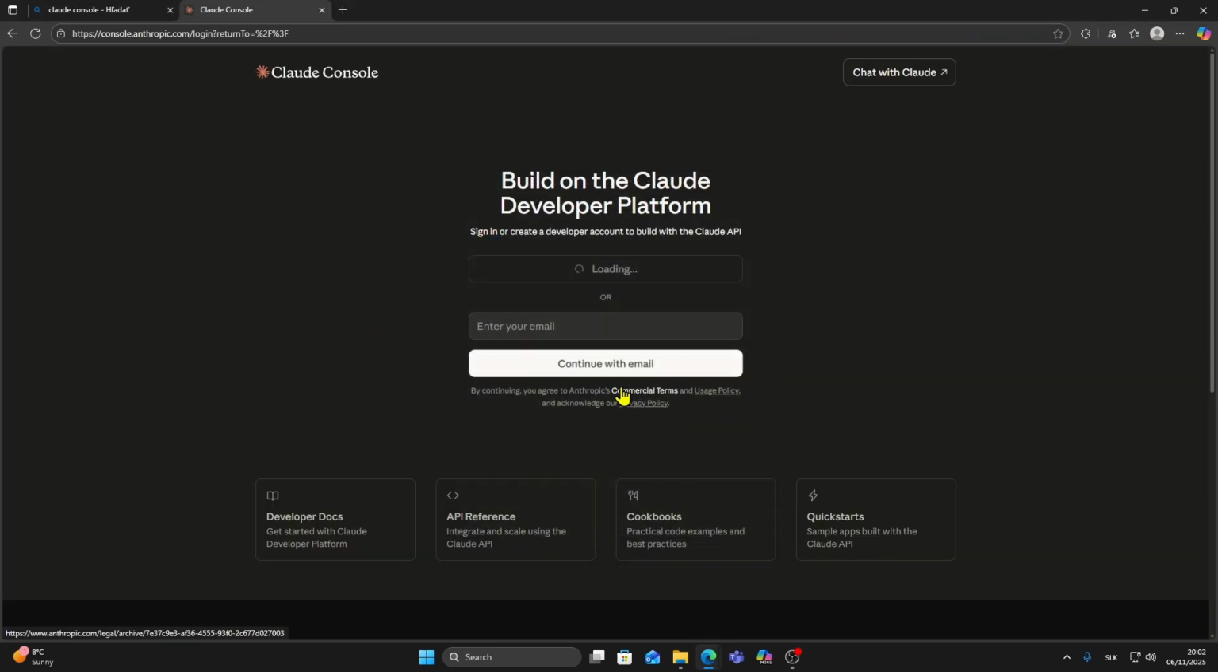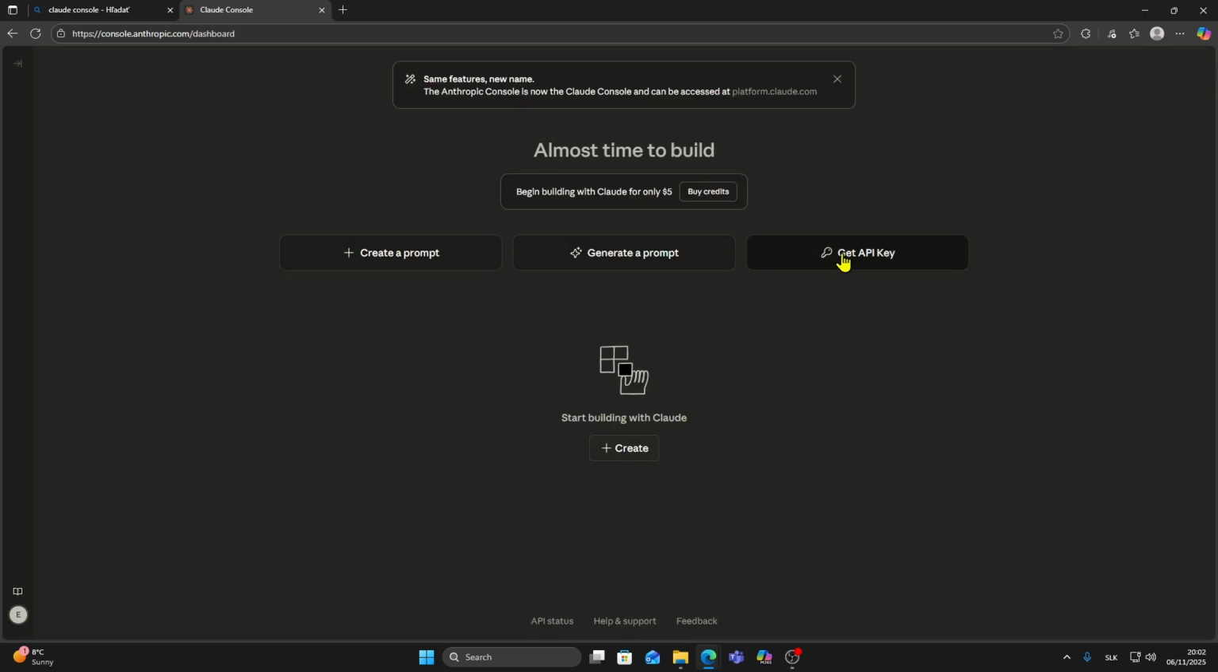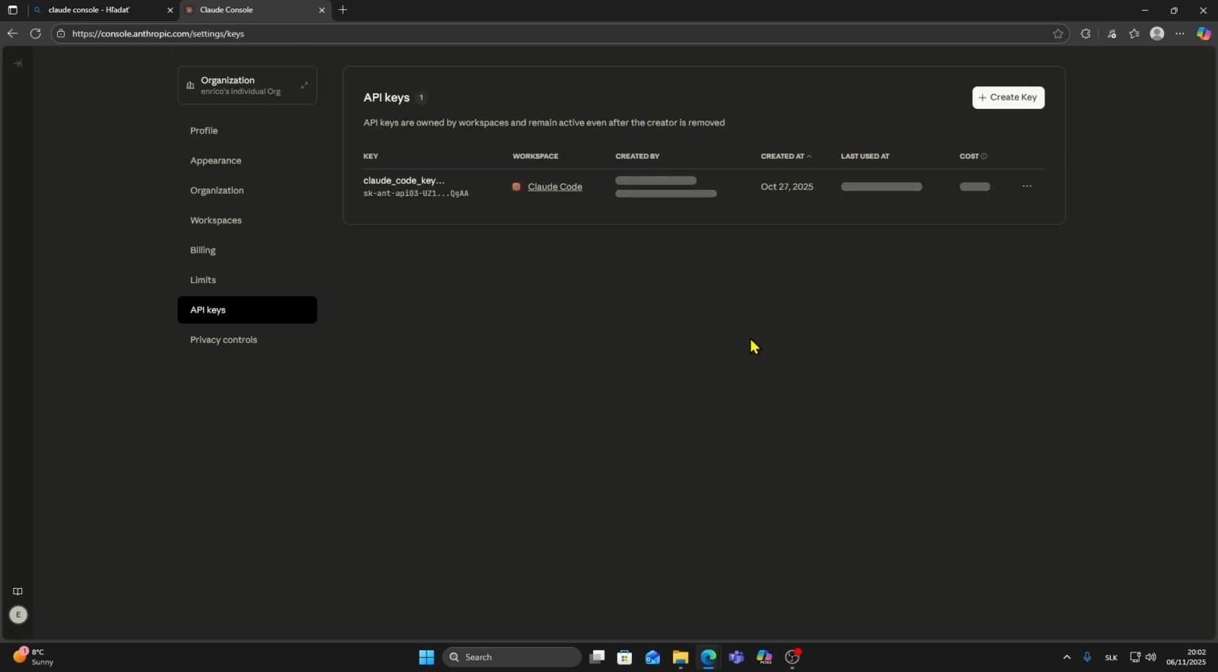I'm going to sign in using my Google account. After signing in, you'll see three options on your screen. From these, select the one on the right side that says Get API Key and click on it. As you can see, I already have an API key created, but if you want to make a new one,